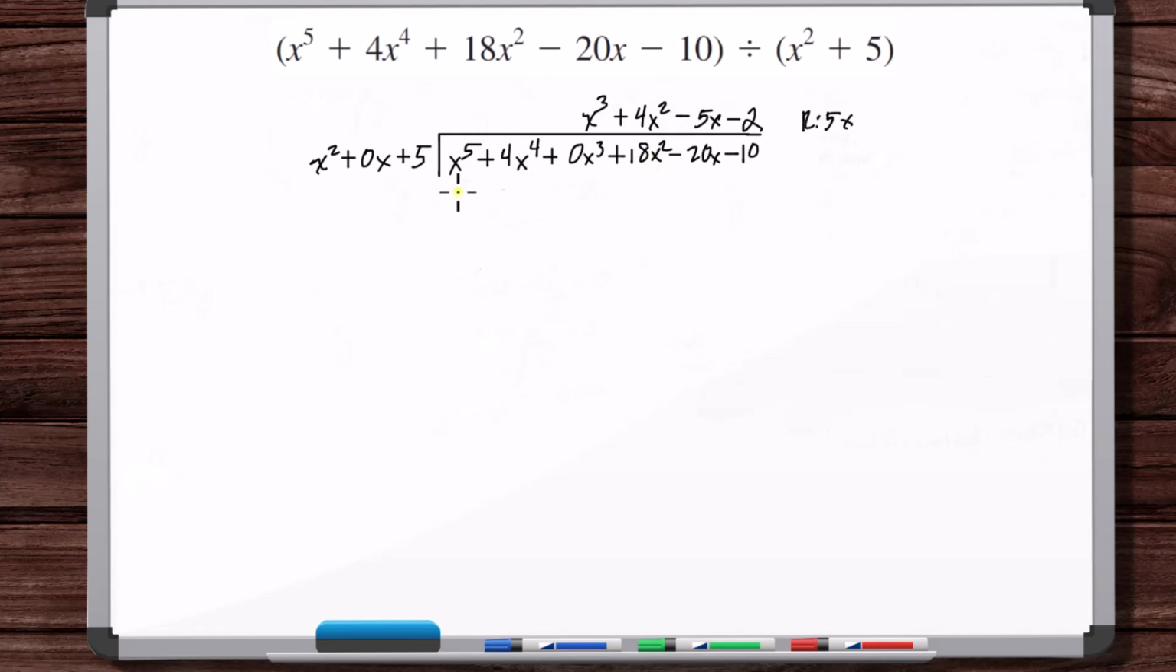So that's it. There's the dividend. There's the divisor. There's the quotient. There's the remainder. So